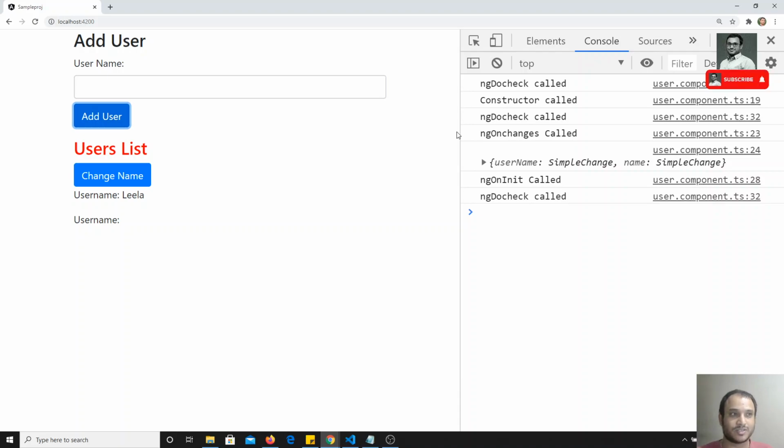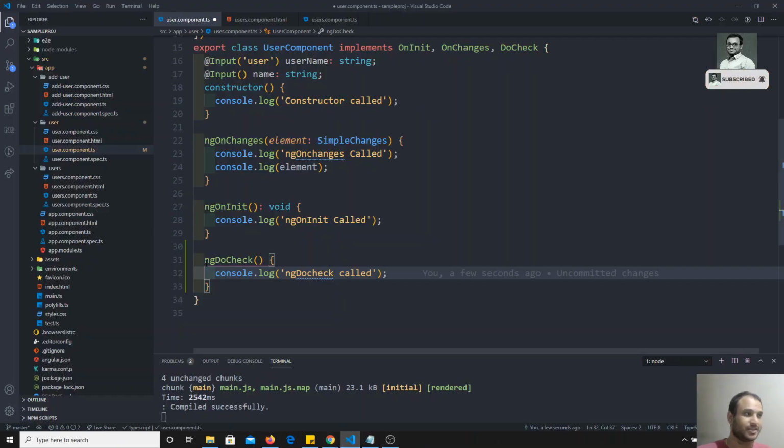If you want to do any manipulation manually, ngDoCheck will be called. So please remember this about ngDoCheck: it will be called for every action and every event. So if you are doing any looping in this ngDoCheck, you need to think twice about the performance issue. So that is ngDoCheck.